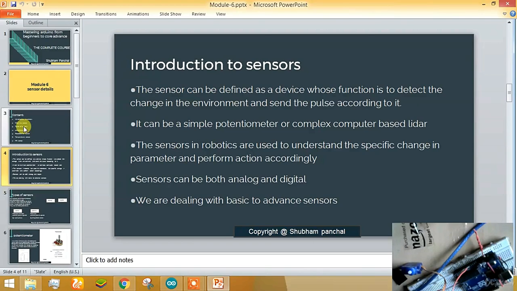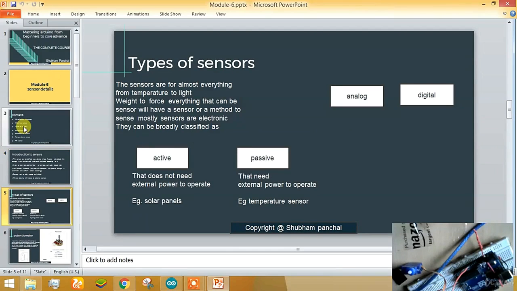But we are going to deal with the most basic to the most advanced types of sensors. Sensors can generally be classified into two types: analog sensors or digital sensors. Analog sensors are similar to a potentiometer, giving a measured value, while digital sensors can give only two types of value, 1 or 0. They can give us only the state high or the state low, while an analog sensor can give us values quite different, such as 335, 336 or 590, etc.